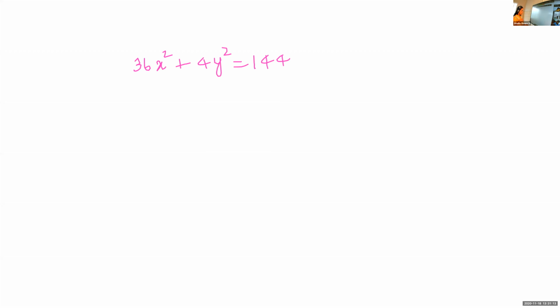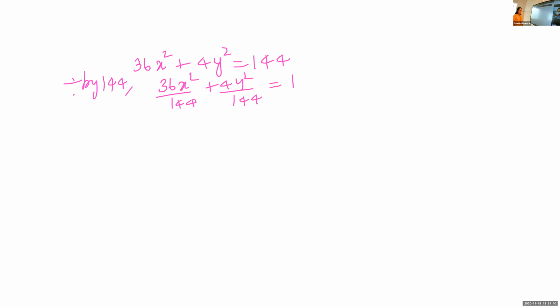So here what is the first step? Children, you can answer it. Tell me what is the first step? Divide everything by 144. Okay, good. Why are we dividing by 144? We should get equal to 1. Very good. We should get equal to 1. So divide by 144. So 36x square by 144 plus 4y square by 144 is equal to 144 by 144,